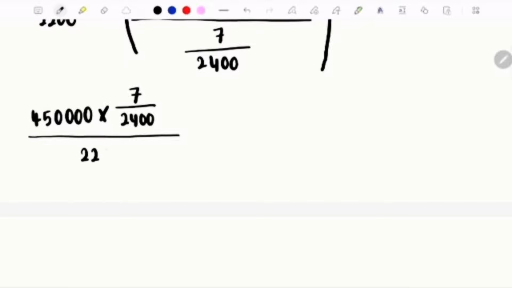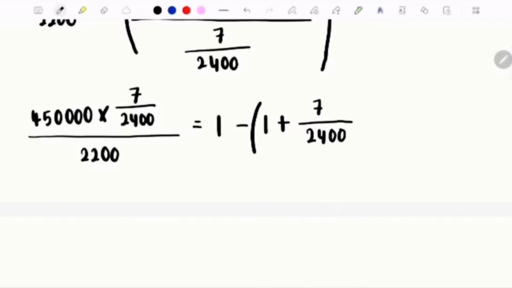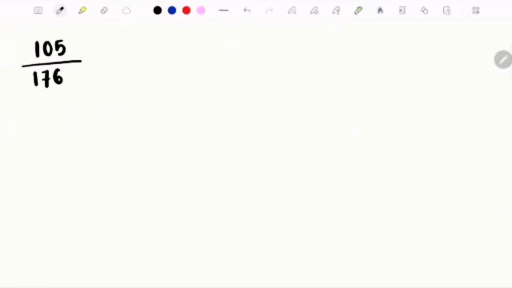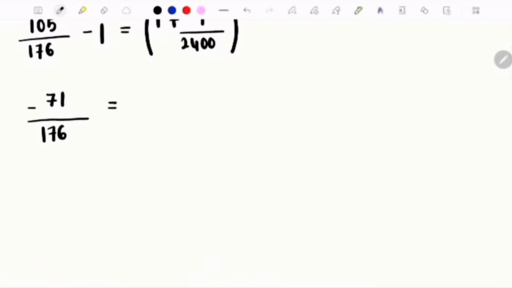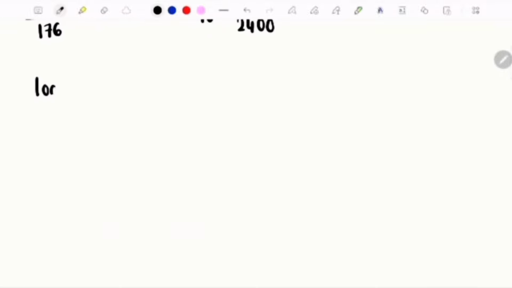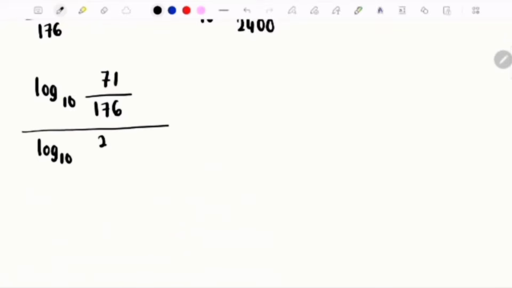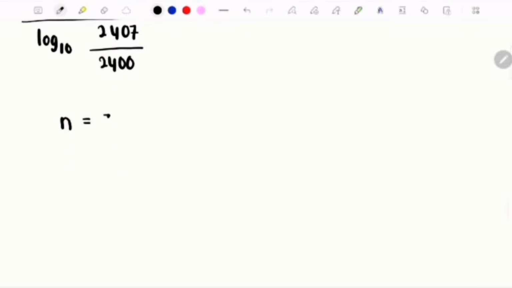And then use your calculator to calculate. Multiply both sides, then divide by 2,200. This simplifies to 105 over 176 equals 1 minus in bracket 1 plus 7 over 2,400 to the negative N. Use log to solve for N. When we calculate this, we will get N equals 311.7. So the number of months is